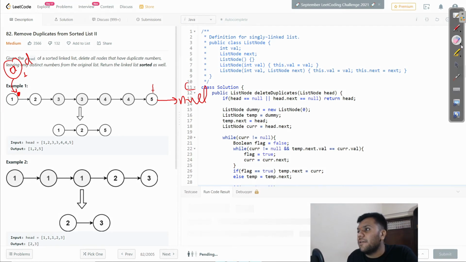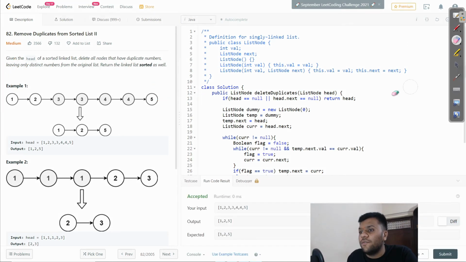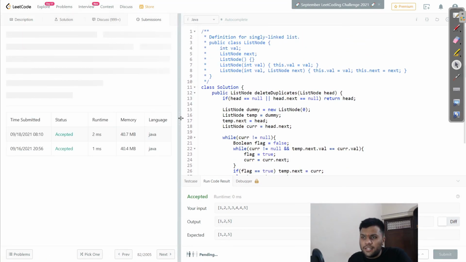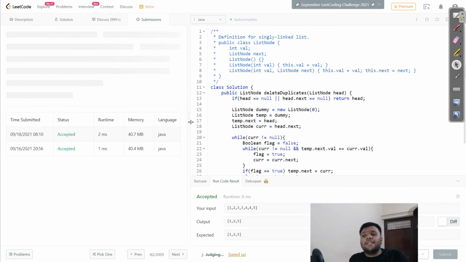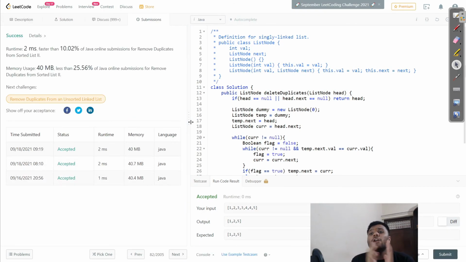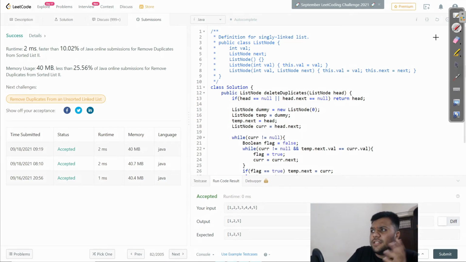So our code is ready. Let me run this code and erase everything from over here to see if we face any compilation error. And here we go, it's accepting. Let me submit this one to see if it's accepting all the test cases, and I will tell you the time complexity and the space complexity. And here we go, it's accepting very well. Don't look at the runtime, it varies depending on server load.